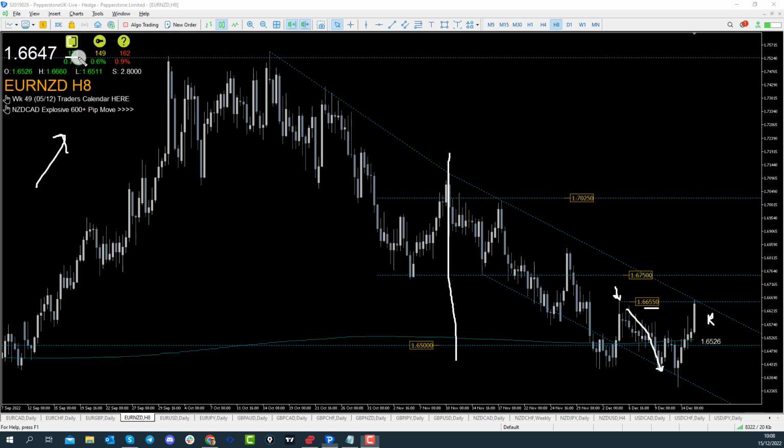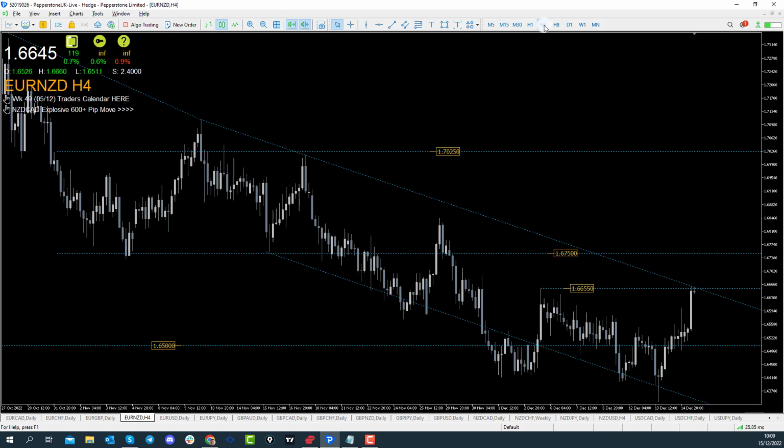our ATRs. Now price has already moved 120 pips to the upside. Today our ATR is 149 pips, so you can see that we're very close to the average range of Euro Kiwi per day. So that is also kind of giving me the signal that maybe price won't trade through the 166.55 just today. However, doesn't mean that there's not options for price to continue to the upside, because if we get a pullback within the channel, there could be some kind of opportunity for price to then trade back to